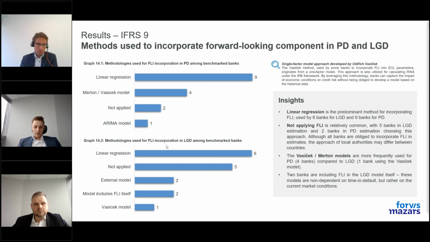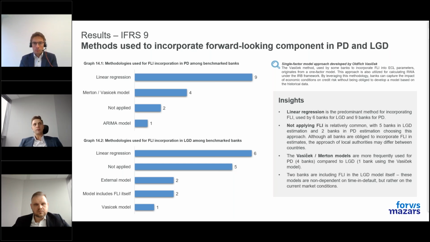The main advantage, I think, in case of forward-looking of this method is that banks do not actually have to build their own models. They just need to make some assumption on which factor they will use. The most common is GDP, and then they are